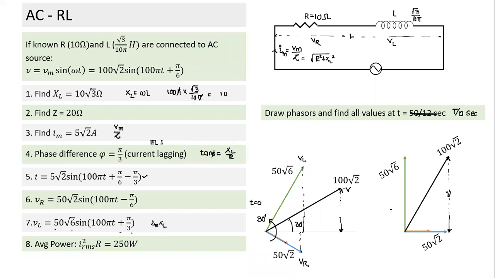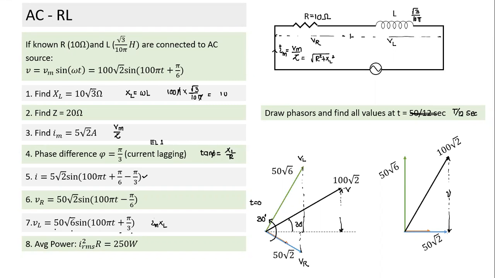It's already become vertical. And this one, what is the y coordinate of voltage across? What does the blue line indicate? VR. What is VR after T by 12? VR is 0. That's why the applied voltage at this instant is equal to VL. And how would the current be at this instant? At this instant, the current will be 0.